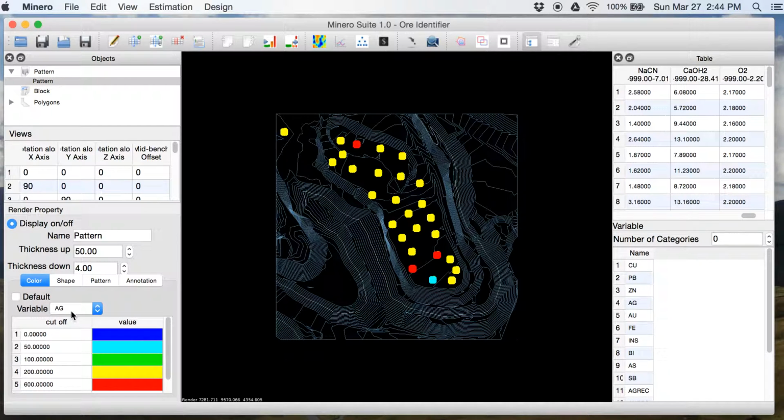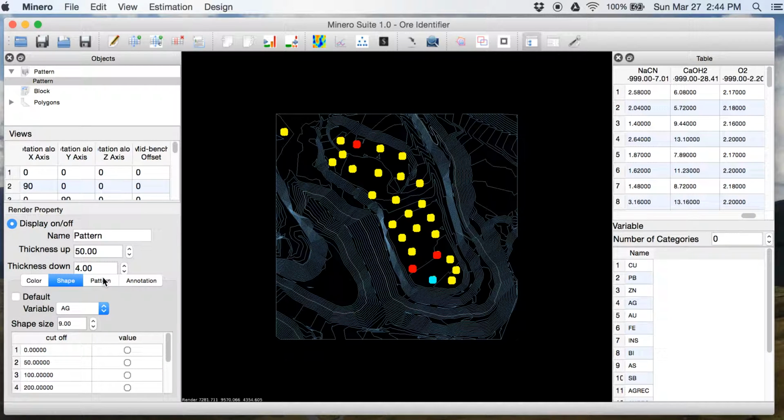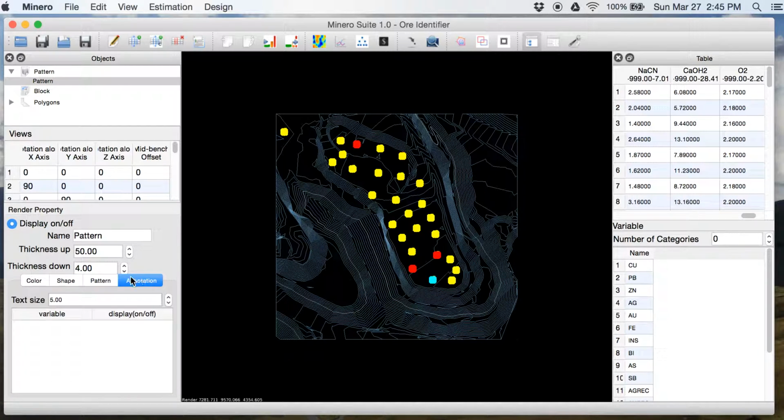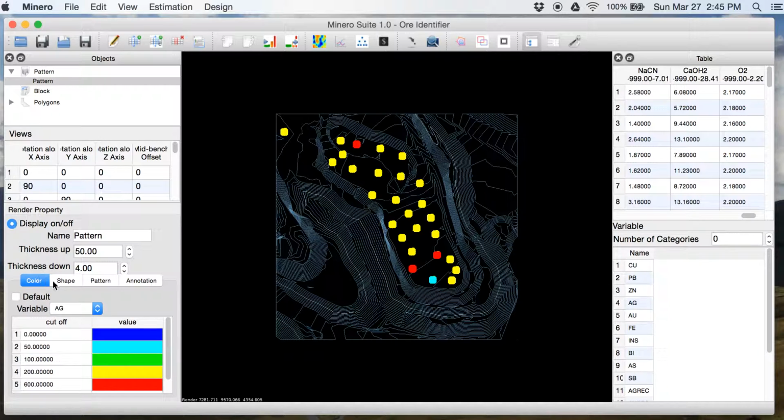In this particular case, we are using one element to set up a property of this variable, silver. You can select the variable from the list. Color, shape, pattern, and annotation can be set up as well.